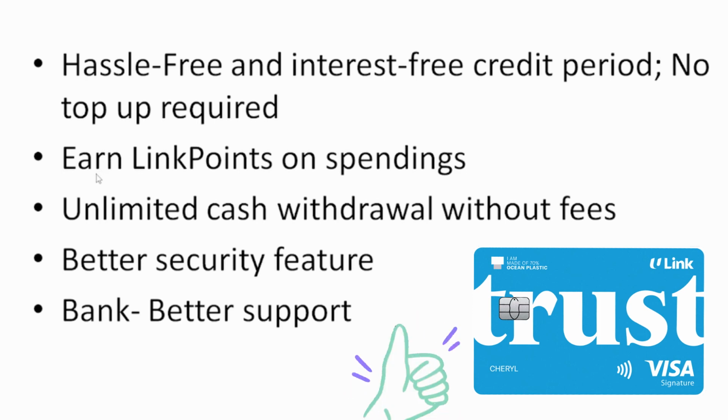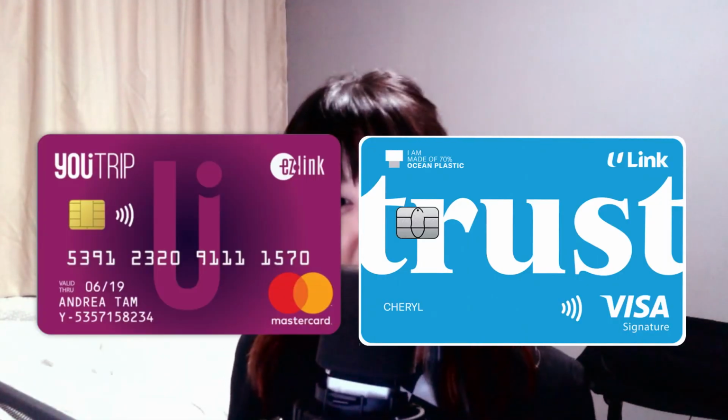Those withdrawals are unlimited without fees as well, and I get to spend on my Trust Bank and earn link points. Next, I also think that security feature is really good. I can customize it like I said earlier, and because it's a bank, I think there's better bank support. So let me know which is your preferred choice, whether it is Trust card or YouTrip card,